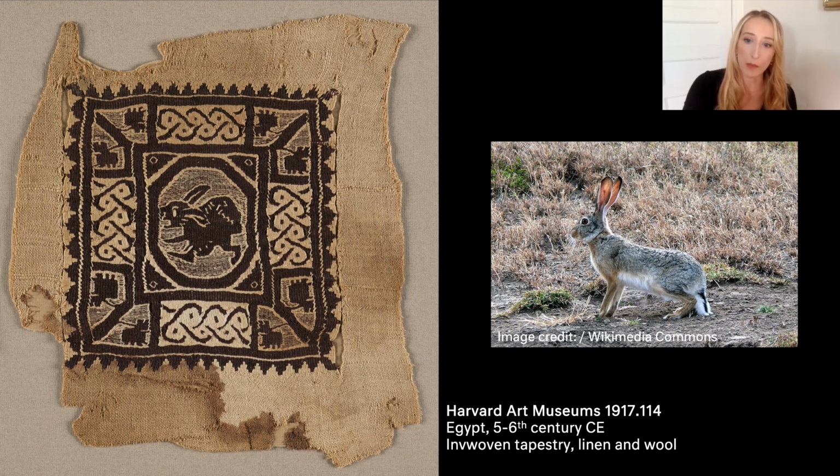This animal may be the most common of all to feature on Byzantine textiles. Then, as now, the rabbit's ability to rapidly produce large numbers of offspring made it symbolic of fertility. Its image on clothing and furnishing textiles brought plenty and good fortune. The rabbit was also admired in antiquity for its quickness and great speed in running, and because of this, rabbits on textiles are often shown in motion. The rabbit on this fragment leaps in a twisting gallop, and its energetic movement reinforces the connotations of vitality that